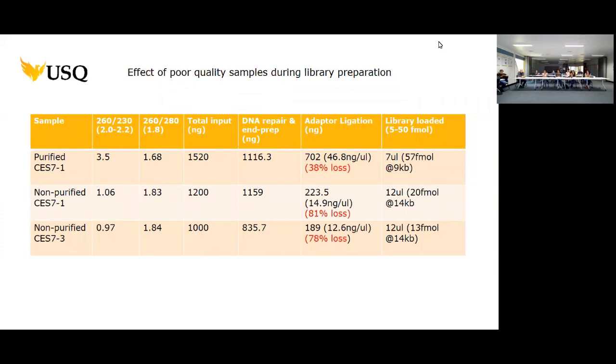So this is another reason why it's really important to quantify your DNA on a Qubit through the library prep process. Qubit it after your DNA repair and end prep, and Qubit it after your adapter ligation to make sure that you've got your DNA still there. So I saw a 38% loss with a purified product, and with the same product that I didn't purify, I lost 80% of it. So there's something going on there with these samples associated with contaminants and with that adapter